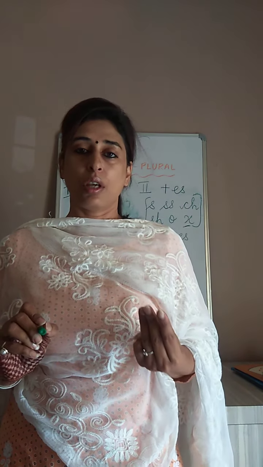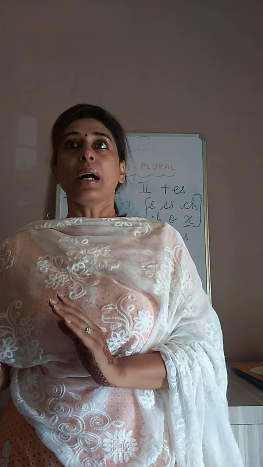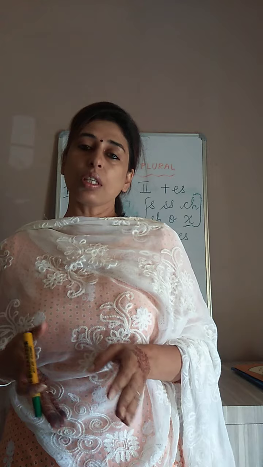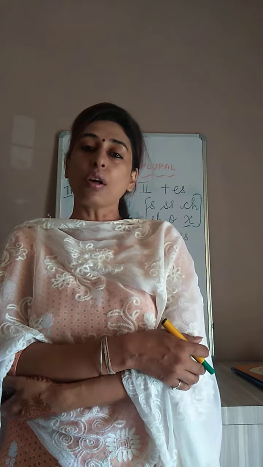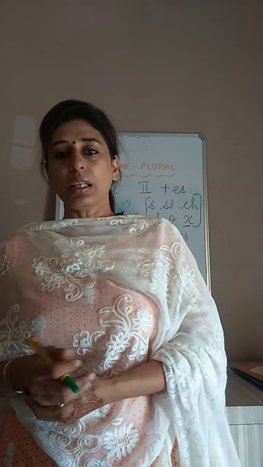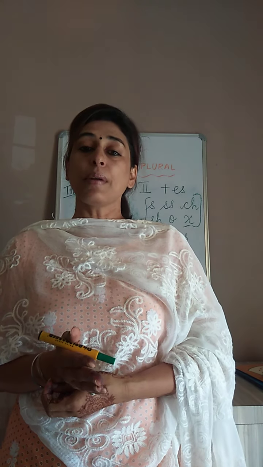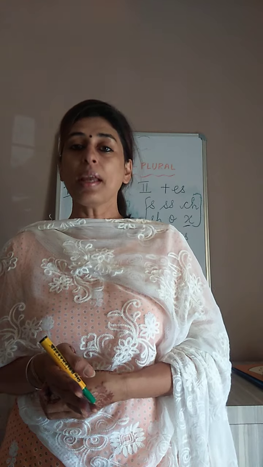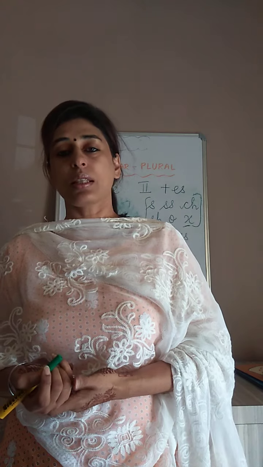Third is fish. One fish also fish, more than one also we call fish. But there are exceptions for fish. We can use both fishes as well as fish. Clear? We can add es and we can keep it as fish also. So these are the few words which do not change. And bread, let's say bread, we never say breads. It is a loaf of bread, but we cannot say breads. Clear? So these are the few words which do not change in their plural form.